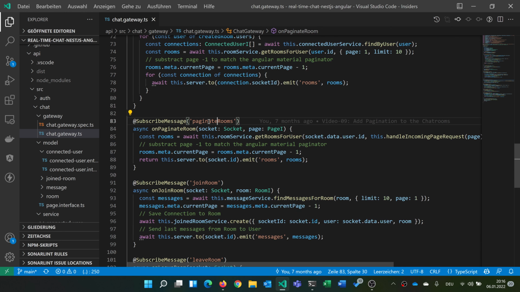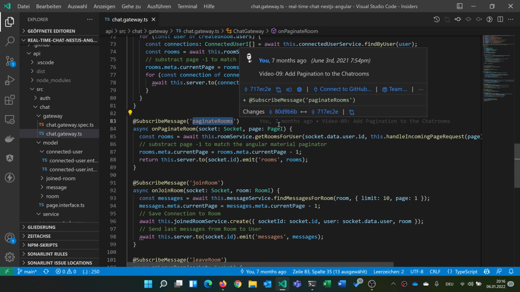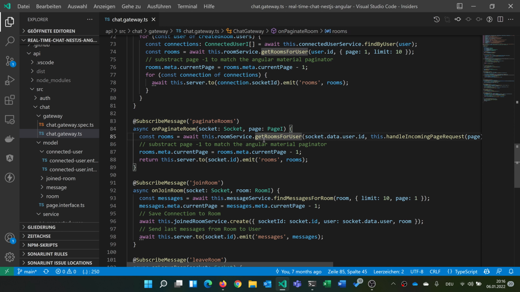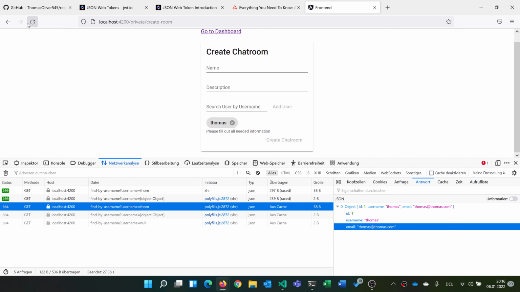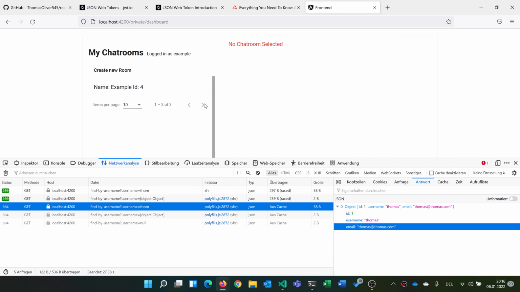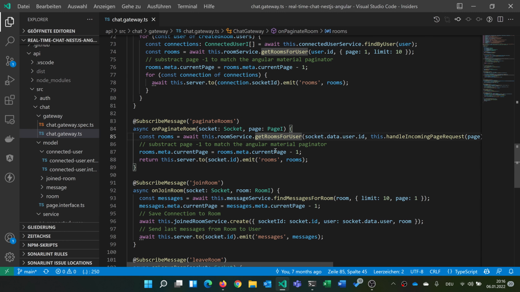Then we have another subscription for a subscribe message for paginated rooms. For example, if a user in the front end wants to paginate, let's go back to the dashboard. They want to paginate here, so if I have more than 10 rooms, I can paginate, and then I will send a request